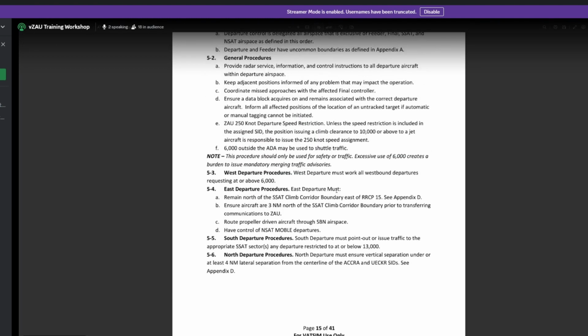A lot of these I may get wrong because I'm so used to real world, or IRL, and some of these are different to make it simpler for VATSIM. In other words, for West Departure, we have slightly different procedures than what we have here. But basically, if you're within 20 miles of the main bang at O'Hare Airport, within a 20-mile range ring,